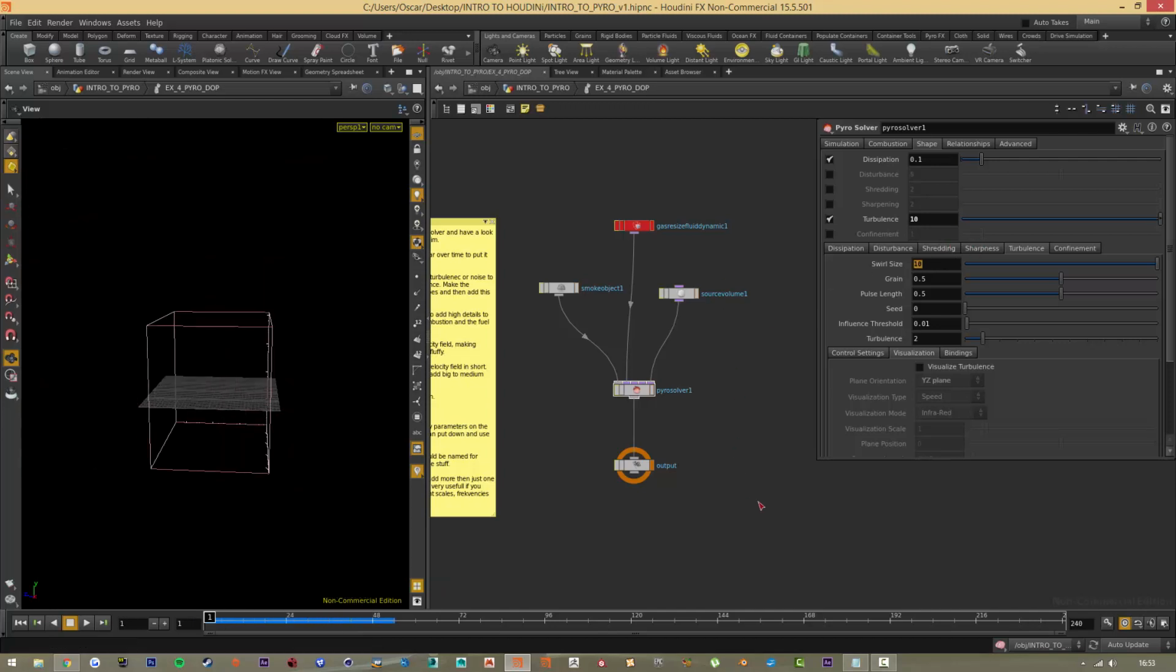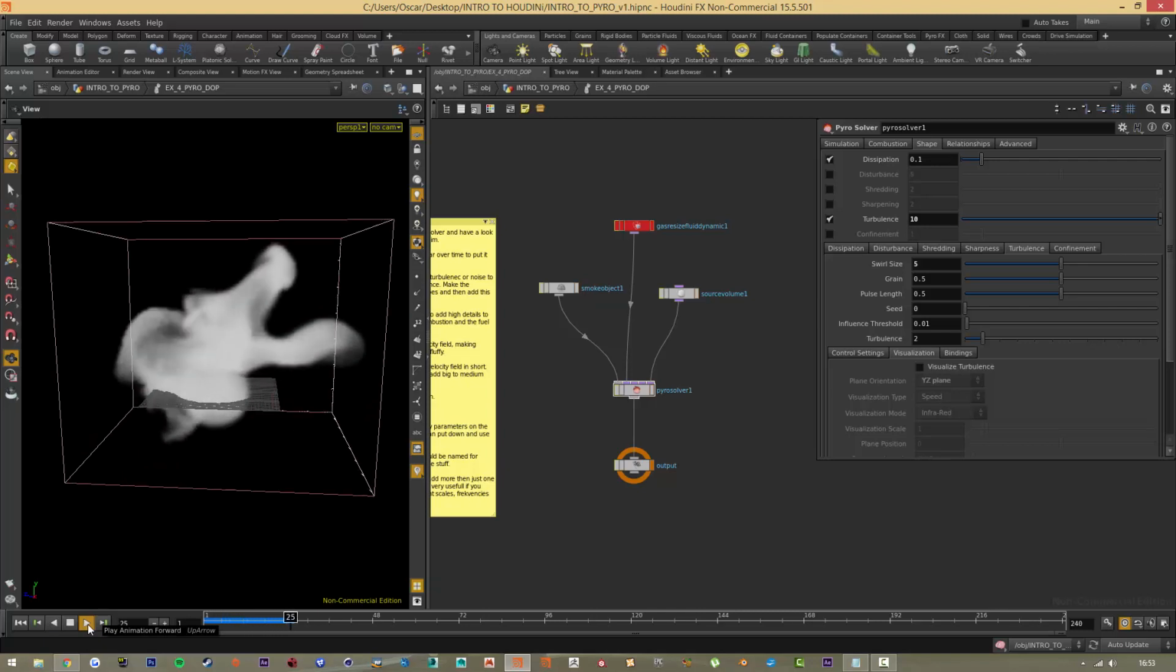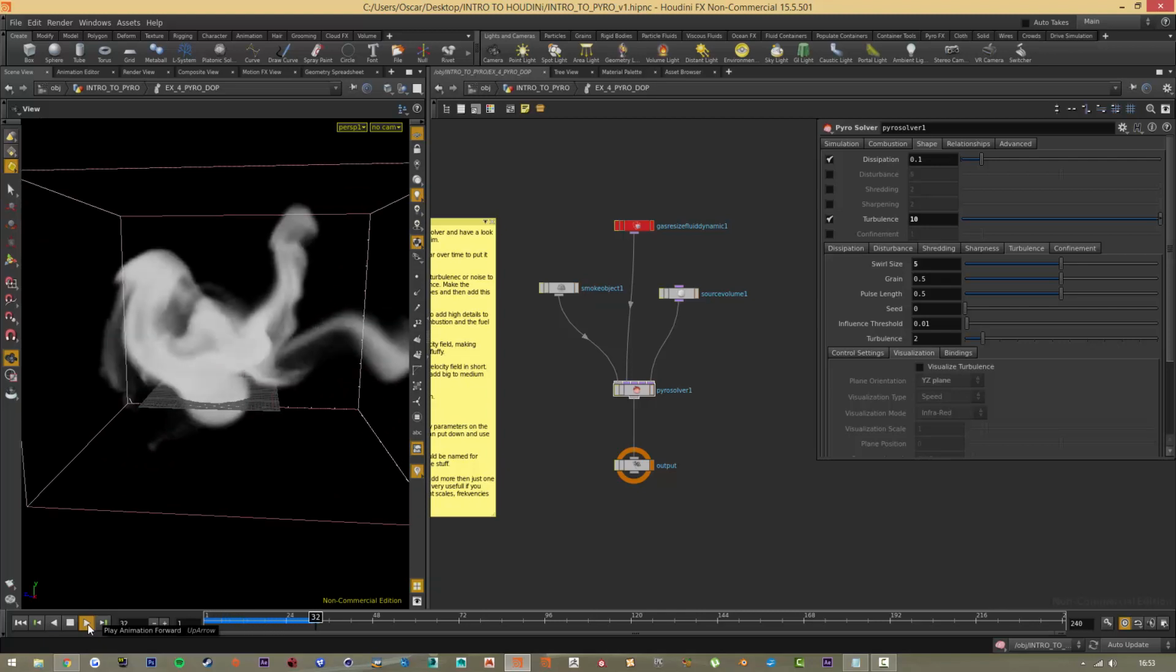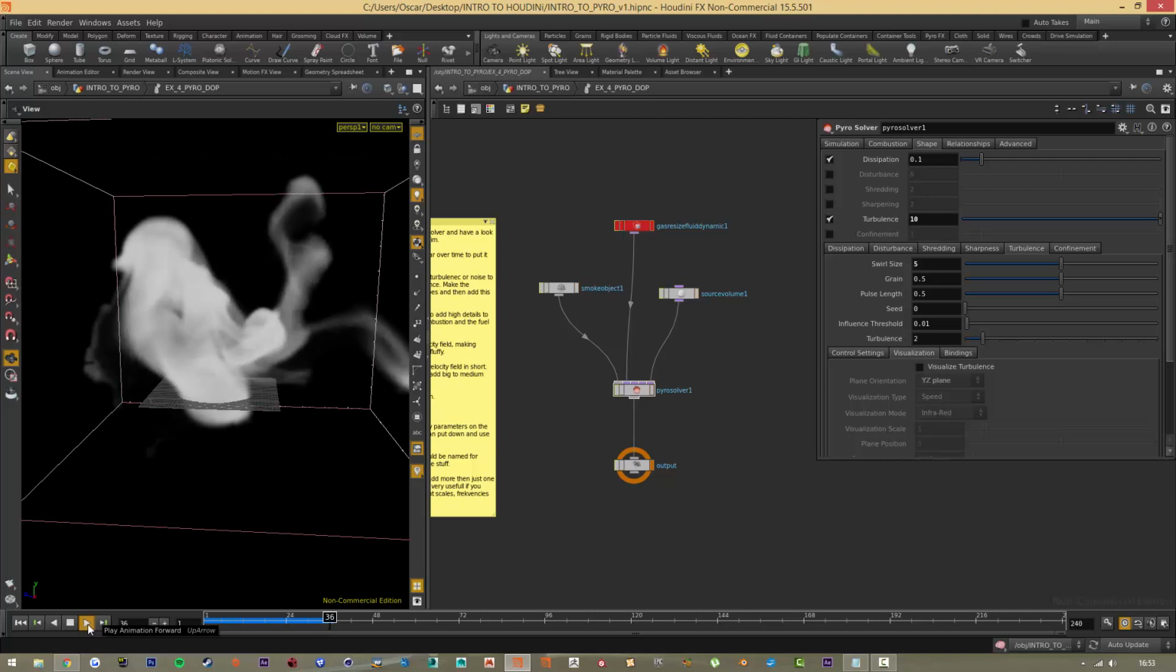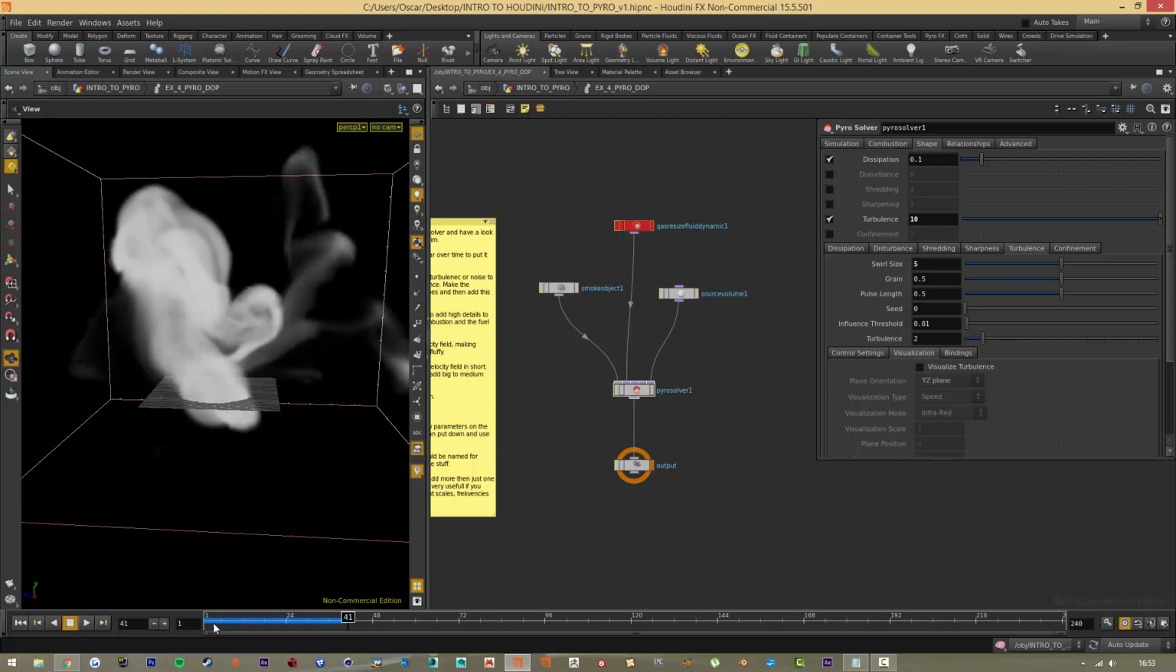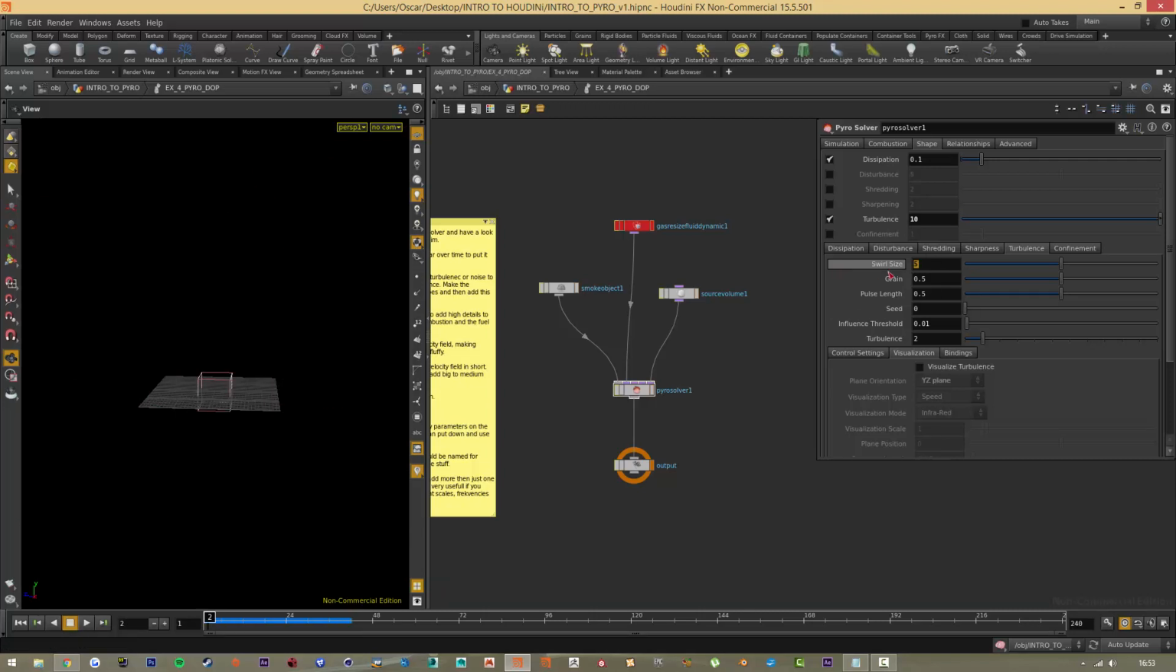Let's put it to 5 maybe and see what happens then. It's kind of smaller. It looks like a ghost almost. I don't know. So the default one is 1. Let's put it to 2, and let's change maybe pulse length,